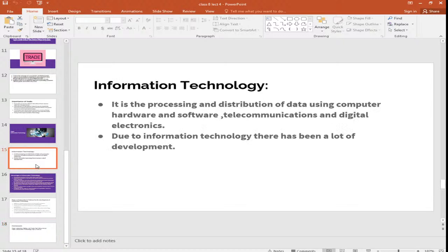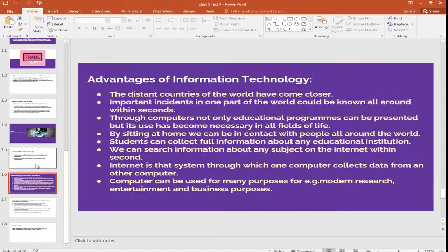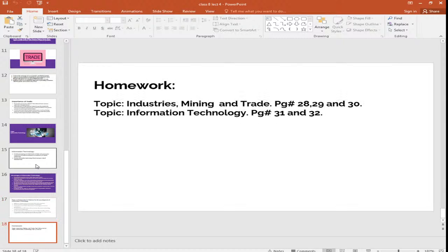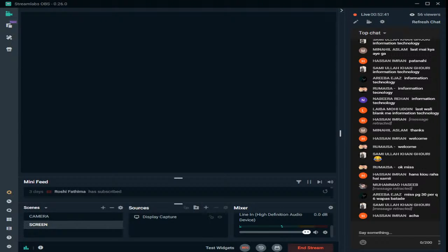यू कैन राइट द डेफिनेशन ऑफ इंफॉर्मेशन टेक्नोलॉजी। देन फिर आप लिख सकते हैं इट्स एडवांटेजेस ऑफ इंफॉर्मेशन टेक्नोलॉजी। देन, steps are being taken in Pakistan for the development of information technology. तो ये स्टेप्स भी आपको हेल्पफुल हो जाएंगे। ठीक, तो ये आपका होमवर्क चला गया पेज नंबर 32 तक। नाउ मूव फॉरवर्ड। नाउ आई एम स्टार्टिंग माय अनदर टॉपिक, दैट इज